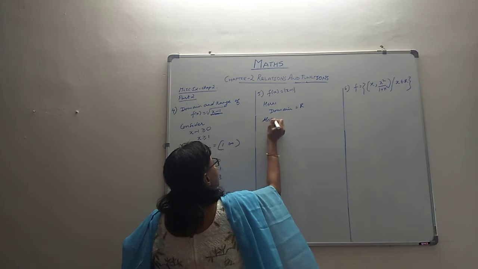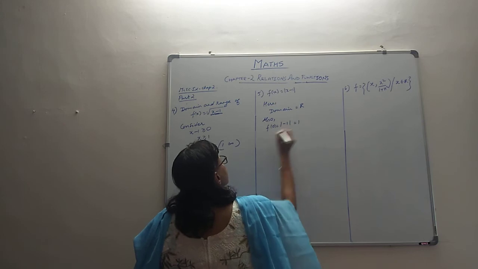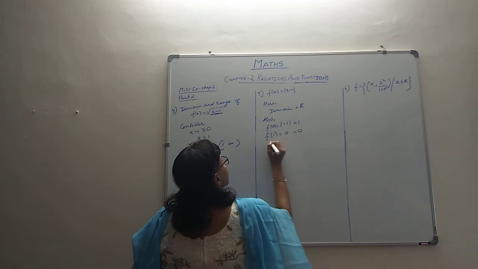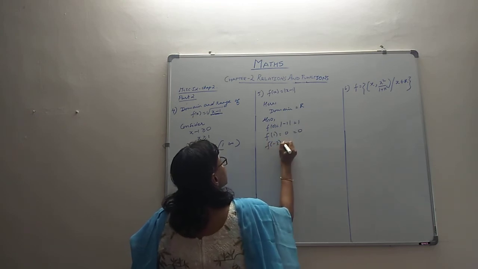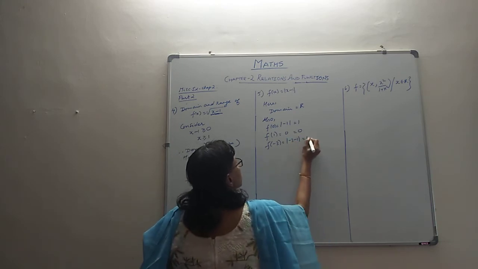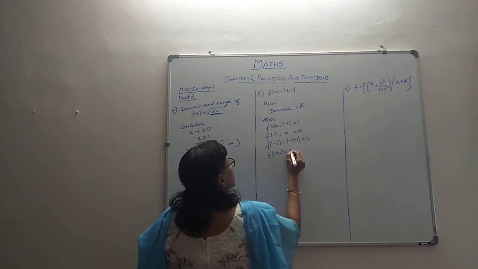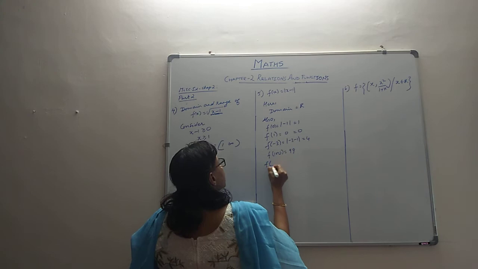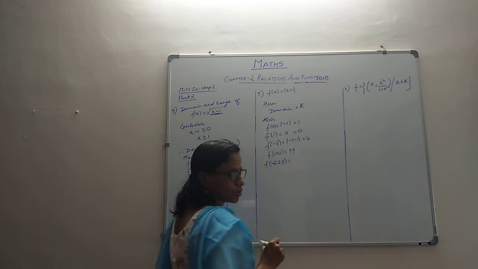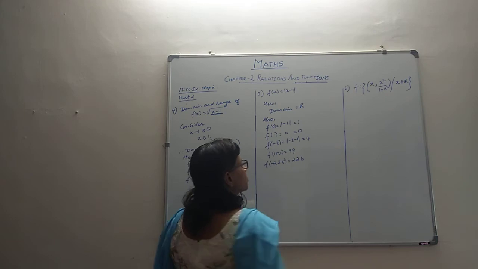Also, let's find out maybe f of 0. What is f of 0? It is 0 minus 1, that's 1 in modulus. Take f of 1, so 1 minus 1, 0, that's 0. Take a negative value, f of minus 3 for example. It will be minus 3 minus 1, that's minus 4, but the modulus value will become 4. Or take f of 100. It is going to be 100 minus 1, 99. Suppose I take f of minus 225. Minus 225 minus 1 is minus 226, and the answer will be 226.